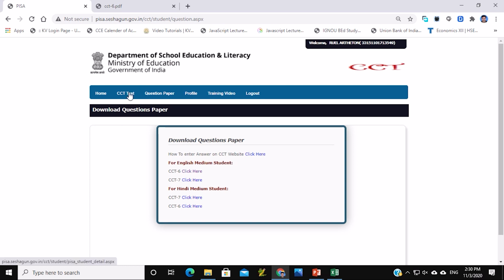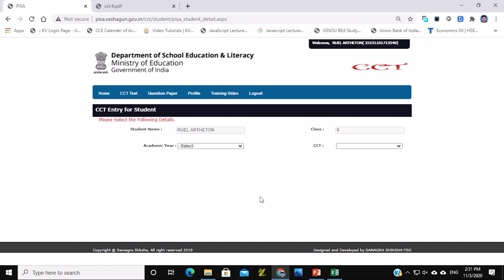Okay, and we will click on CCT test. So now the page has loaded. Okay, now we will select the academic year 2020-21. Then we will wait for a while. The page will again load, and then we will choose which CCT we want to mark. Okay, so now CCT 6. Then we will wait for a while.